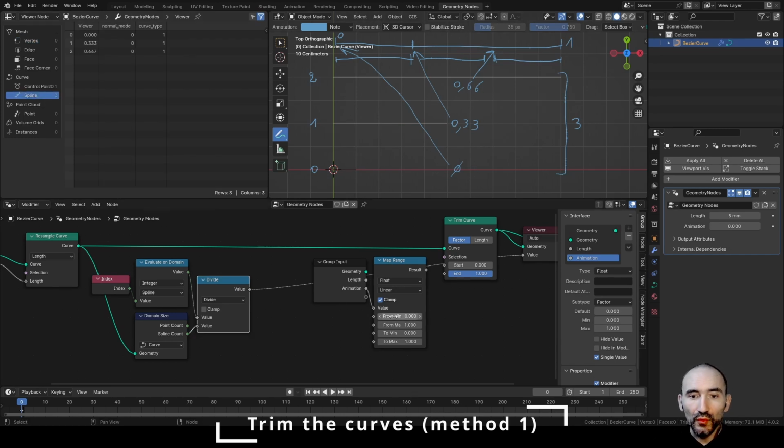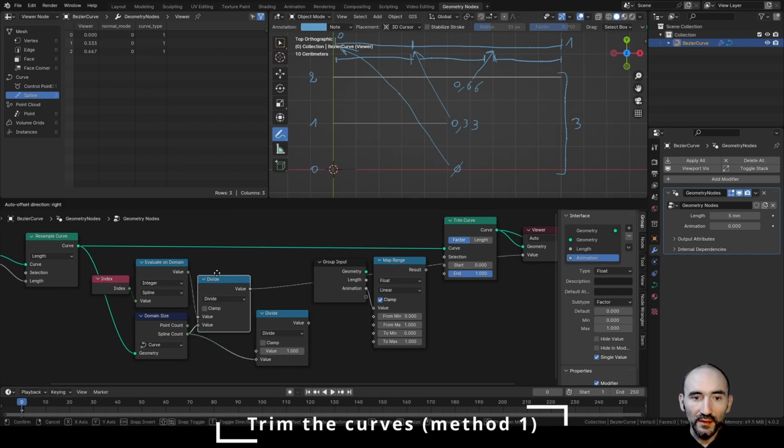And now we need to set the minimum and the maximum for each curve. So for the first it will be from 0 to 0.33. For the second, 0.33 and 0.66, and for the third 0.66 and 1. So this interval, as you can see, is exactly what? The division of 1 by the number of total curves, this step. Okay, so I can duplicate this node, set 1 and divide it by the spline count here, and now we know that